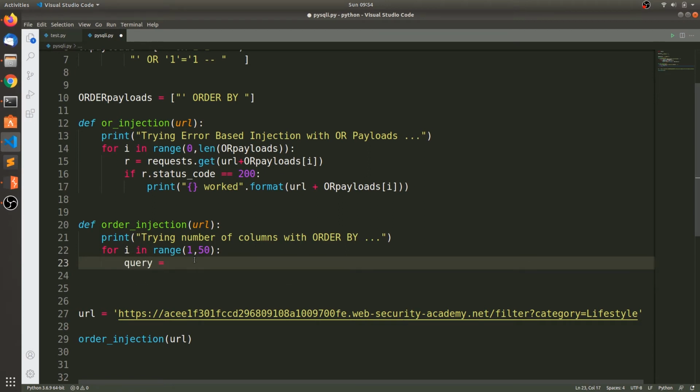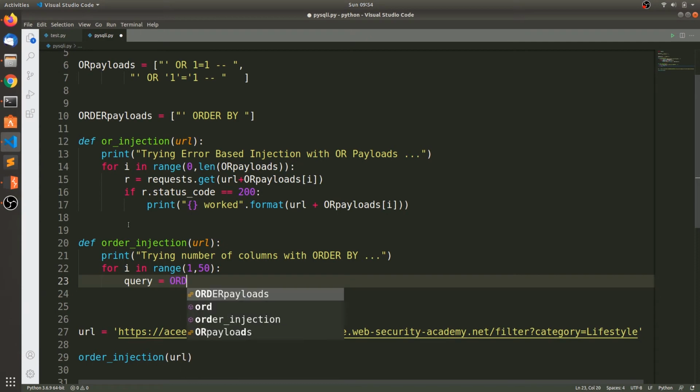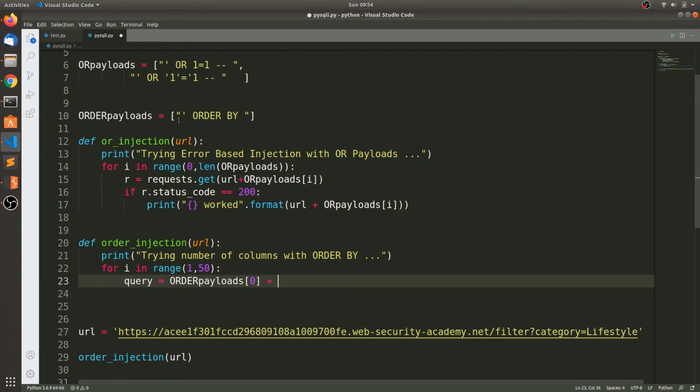So from 1 to 50, the query is equal to the order payload. What you need to build is order by 1 and the comment. Here, in the place of 1, you need to use 3, 4, 5, etc. So we have the order by plus str of i and then the comment.